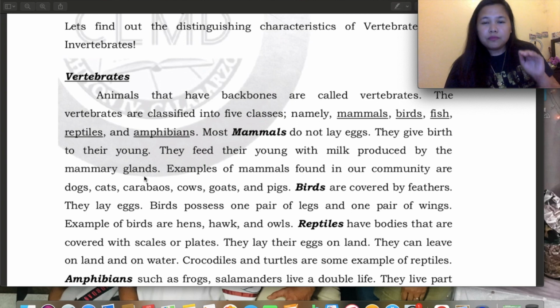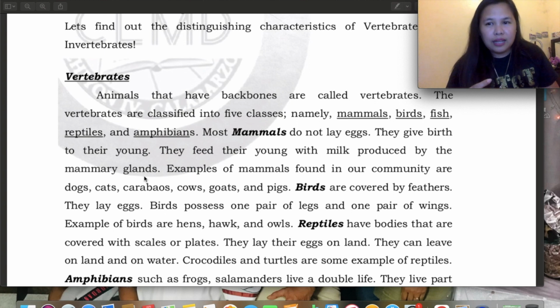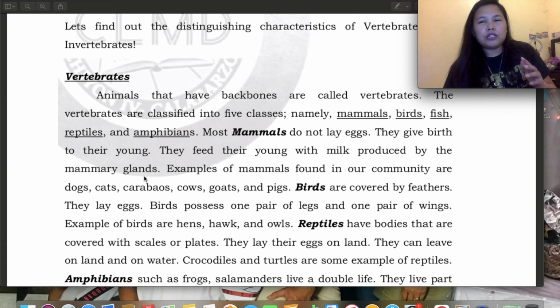So, ipasok natin yan sa ating mga utak na yung mammary glands ay nagproduce siya ng milk. So, mag-isip na tayo kung ano yung mga animals na pinapainom ng gatas. So, isa na tayo doon. Okay? So, i-comment nyo yung mga answer nyo kung ano pa yung mga animals na nagdidede pa sa kanilang mga